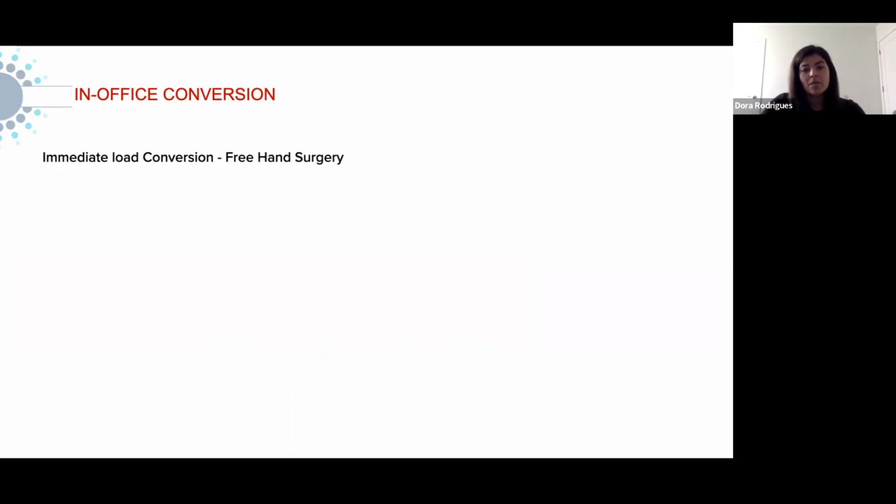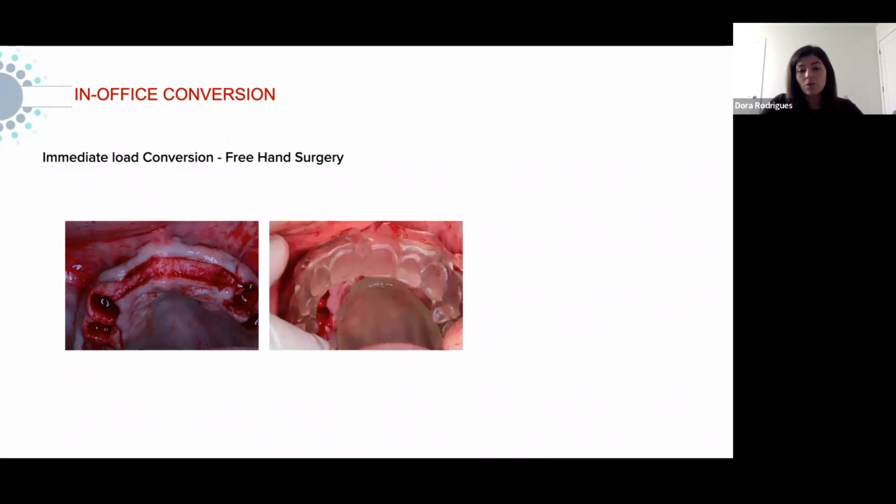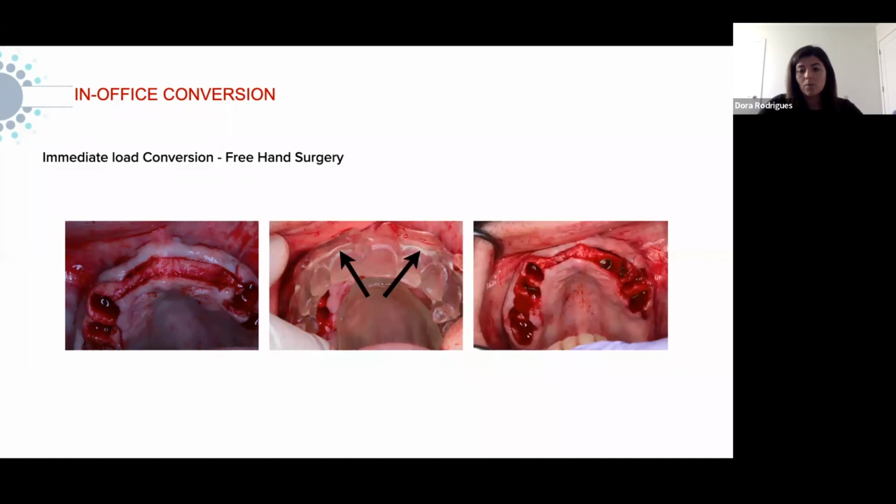Now, freehand surgery. These are 95% of my cases. And again, like I said, most of them do have a plan. We do not have the guide for the implant position, but the entire case is still planned by the surgeon. They just freehand the position of the implants. So we go to surgery, extract the teeth. We use our stents for bone reduction to make sure that we have enough restorative space for my finals. And then they place the implants,